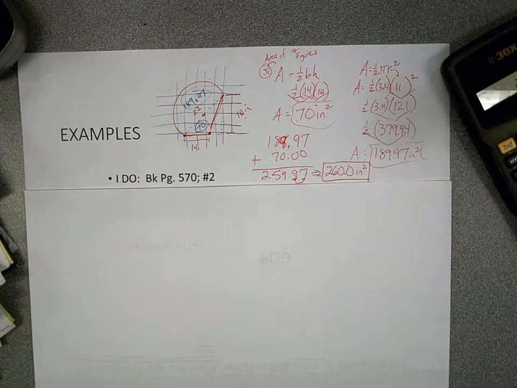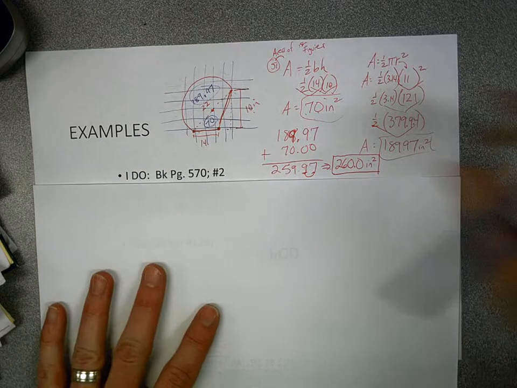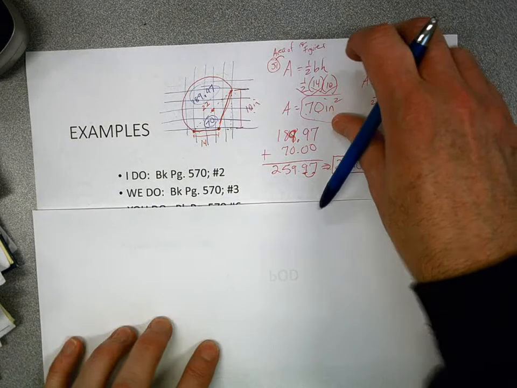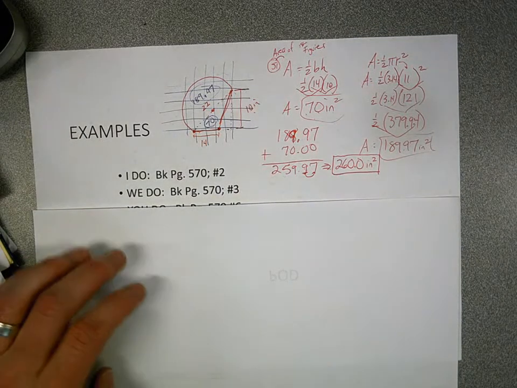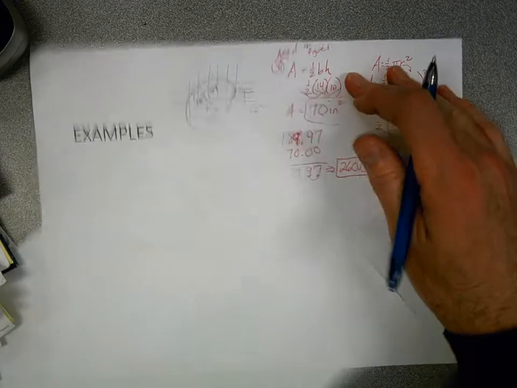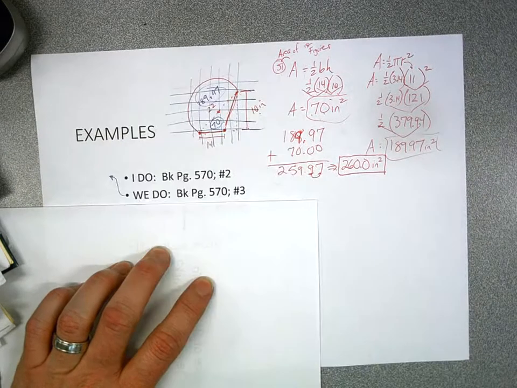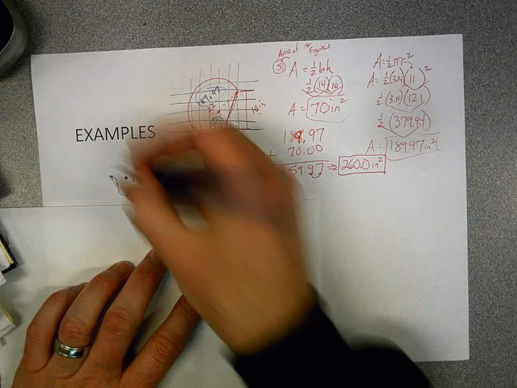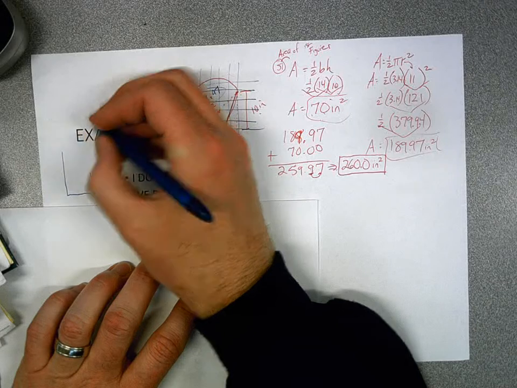Okay. Now, before I answer any questions, let's do another one, and we'll go ahead and actually formally write the steps. All right, but that is how you solve an area of a composite figure. So let's take a look at the very next problem. All right, so our very next problem, you guys see in your book, I'm going to go ahead